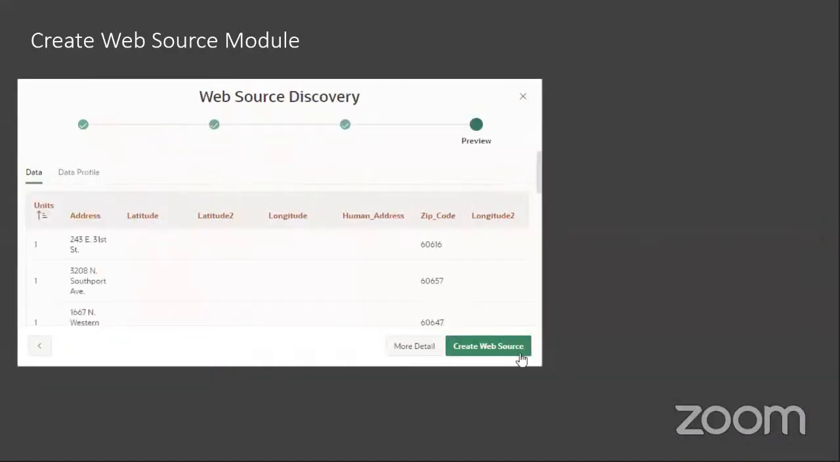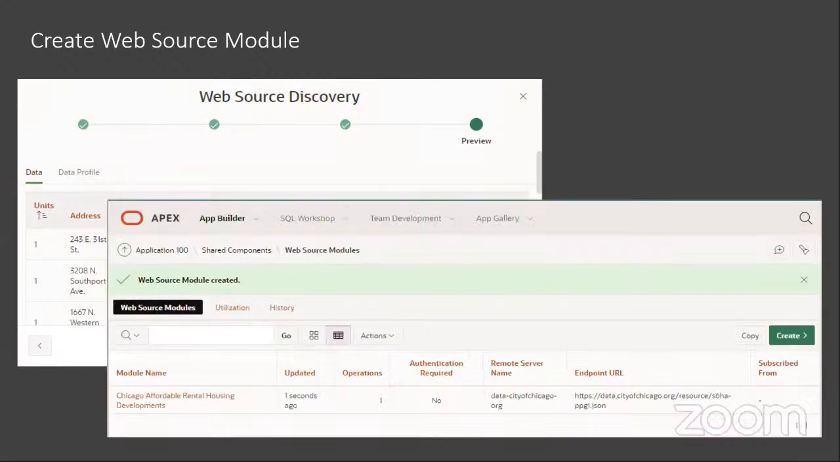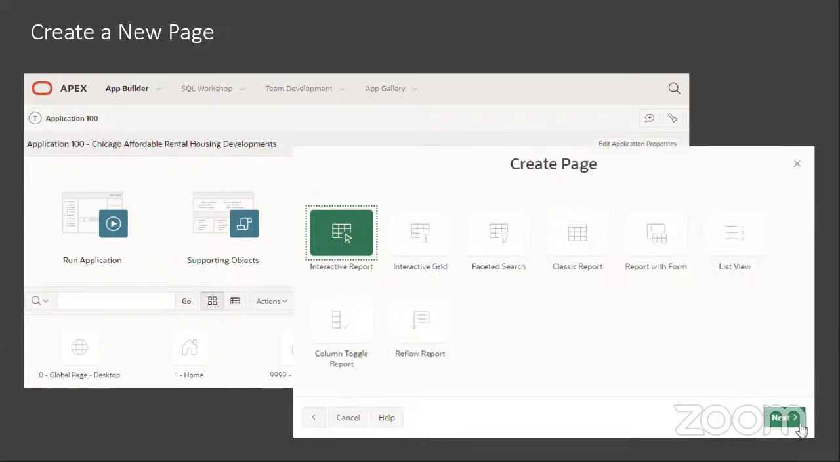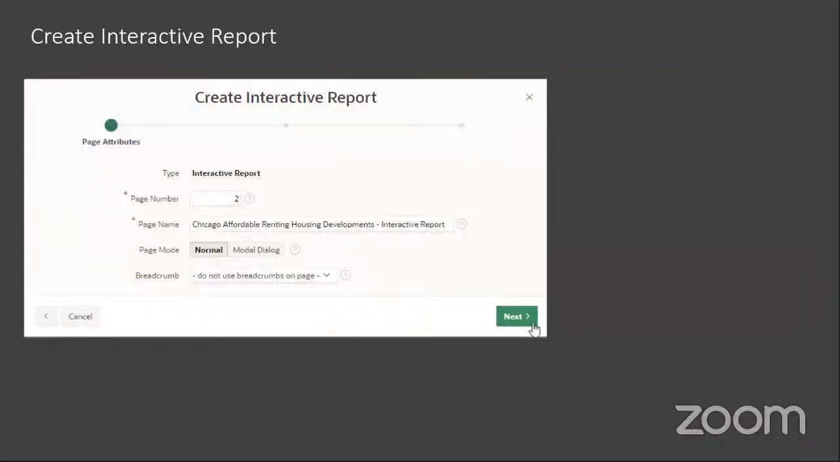And so there we'll create the web source. We'll do a quick discovery and that's it. Now Apex is aware of this data that's out from the Chicago City data portal. So I go back to my application, I'm going to create a page. I'll choose the interactive report. And I'll just put a page name in,